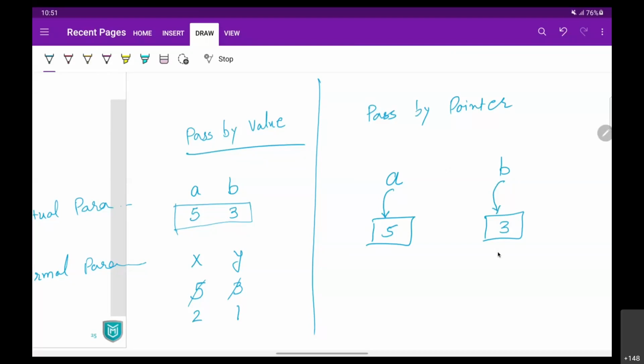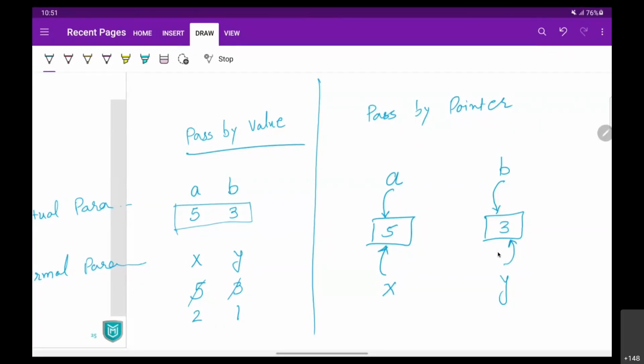Now when you pass a pointer, if you are passing the address of a inside x and the address of b inside y, then x and y will be pointing to those addresses, meaning x is also pointing to 5, y is also pointing to 3.